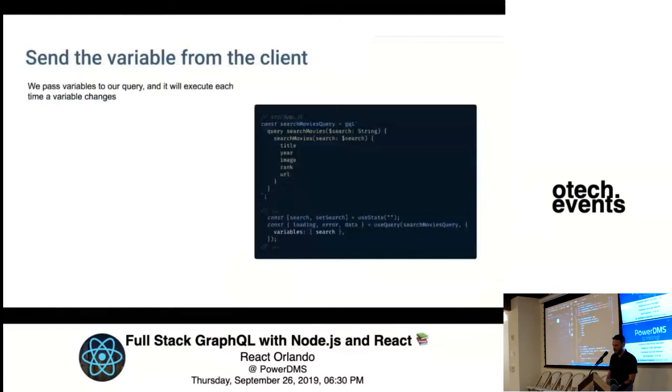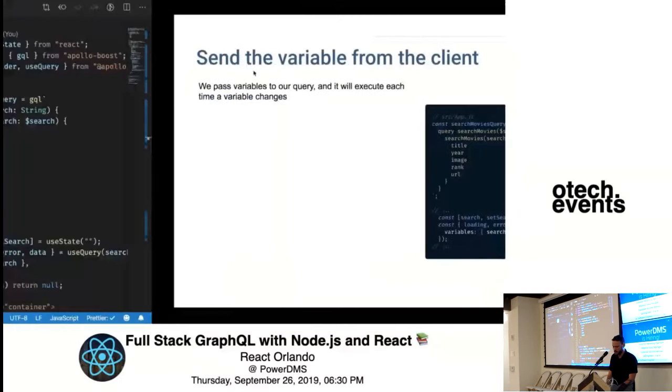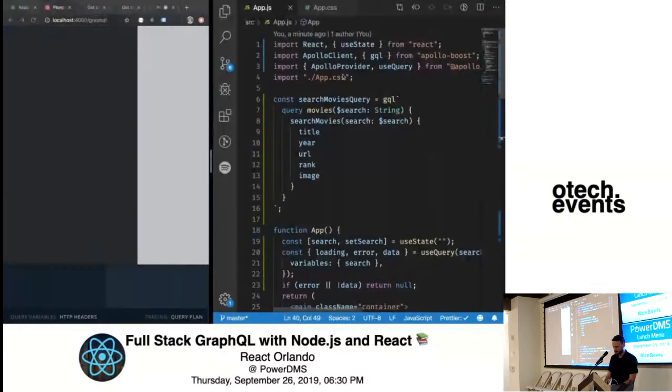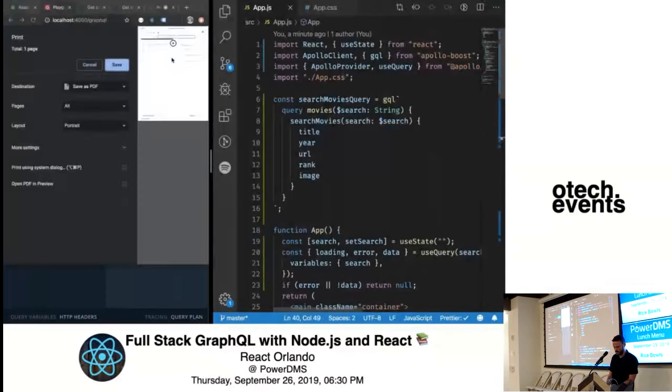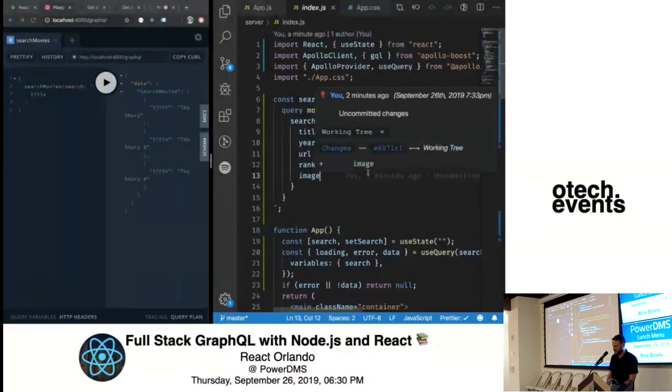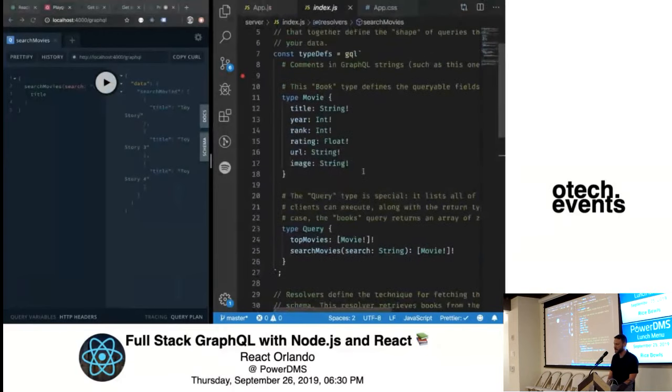Okay, so one other thing I wanted to do was just to show a little bit more about the documentation side of things. Right, so if we go back to our schema here, your documentation can just live right alongside the code. I don't know, who else uses Swagger for an API?